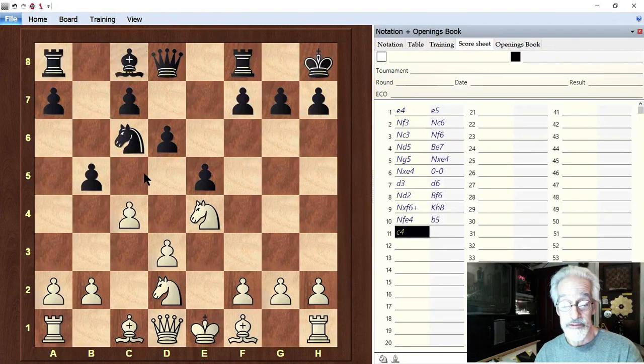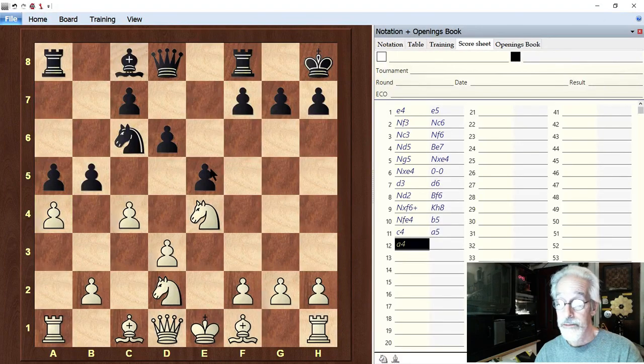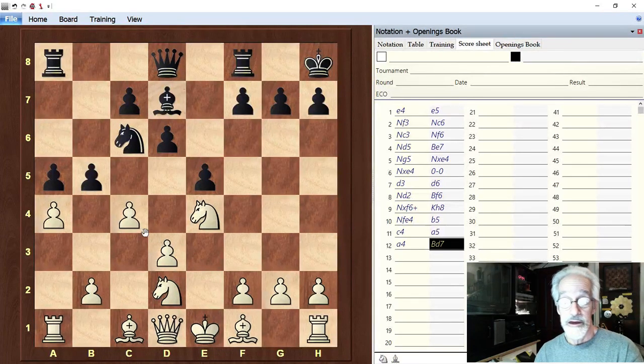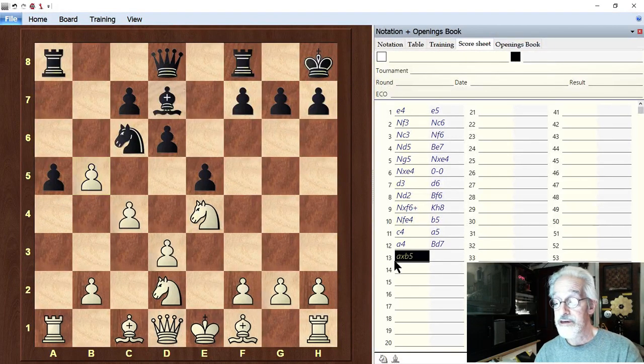I'm not gonna let him capture that now. I'm just gonna move some pawns up here just so I can prove a point. I'm just gonna move any piece. That's fine. So now, if I were to capture this pawn, I can take it with either the A pawn or the C pawn. So if I take it with the A pawn, it'll say A takes B5. If I were to take it with the C pawn,